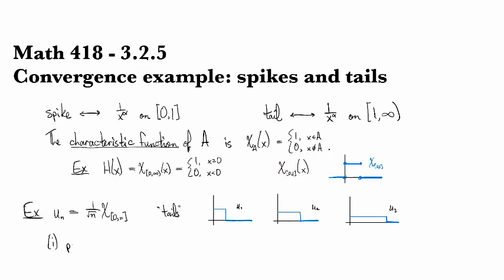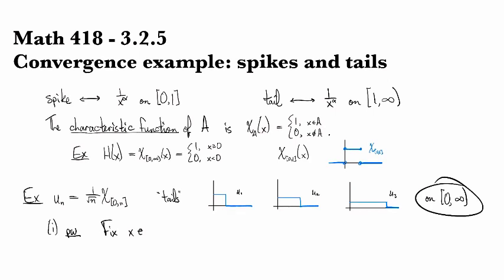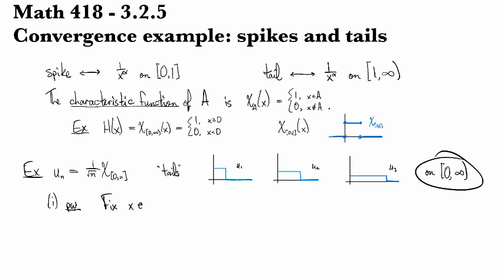So let's look at modes of convergence for these. Pointwise. Does it converge pointwise? Well, to check that, we fix an x, and I should have specified that we're looking at the interval from 0 to infinity, and we're going to check to see if this sequence converges to the 0 function. So if we fix an x in this domain, 0 to infinity, then no matter which x you choose, it'll be the case that for a large enough n, the